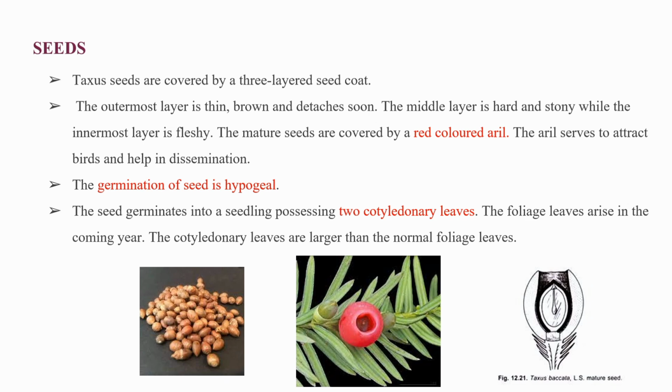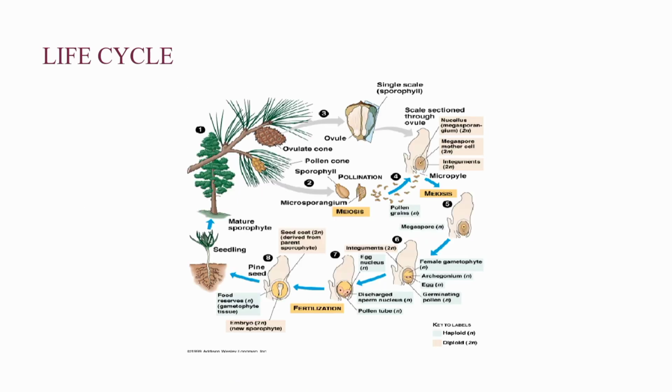The germination of seed is hypogeal. The seed germinates into a seedling possessing 2 cotyledonary leaves. The foliage leaves arise in the coming year. The cotyledonary leaves are larger than the normal foliage leaves. This is the typical representation of the life cycle of gymnosperm. So we can see the branch bearing the